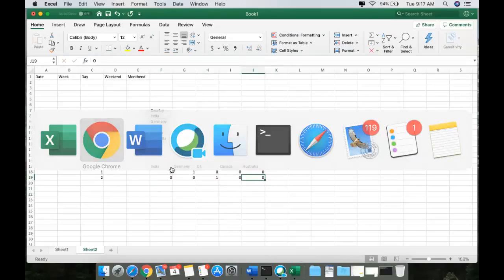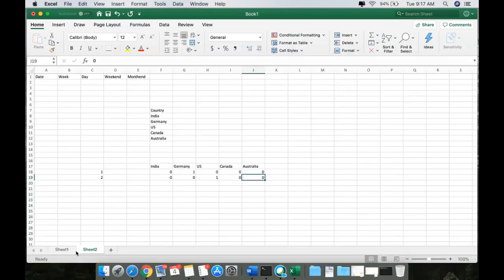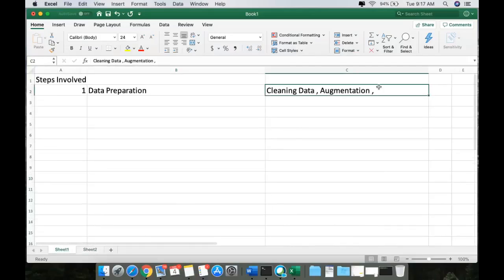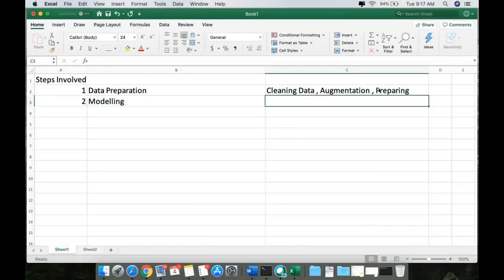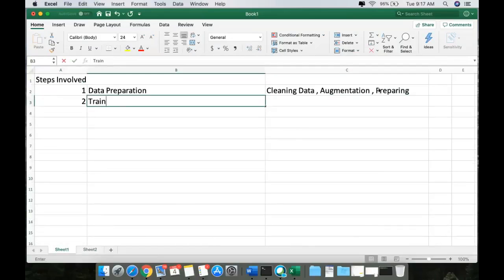And then once we have this data augmentation, or cleansing and missing values, all these things, then we prepare your data. Let's say you want to do some transformations, like converting text to integers, or whatever it is. So we do all those things here. Okay, this is done. The second phase is modeling, which means that you create a model and train your model.